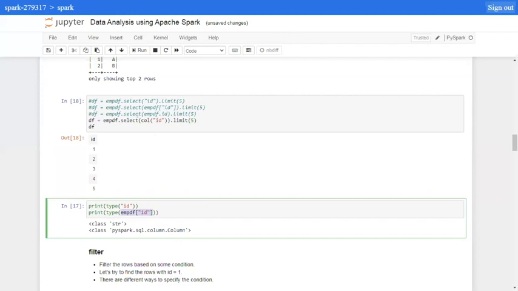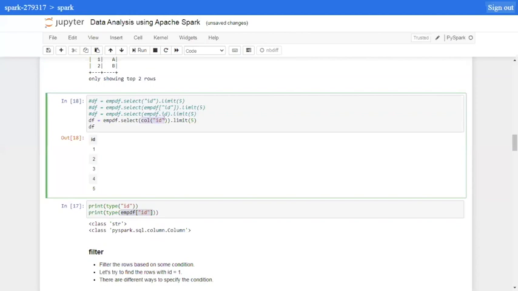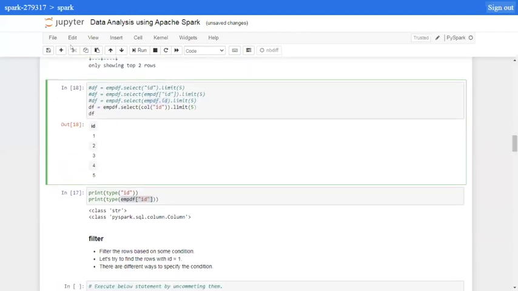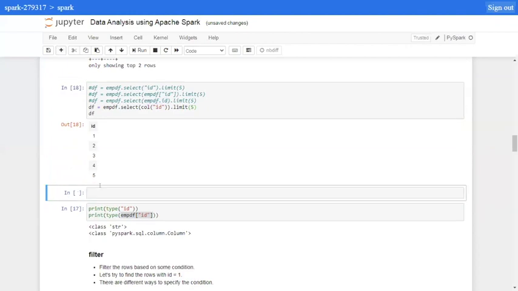Now, within the column, should I use the col function or the other representation? For that, I'll give you a very small example. Let me try to write something here. Let's say we would like to join two data frames.